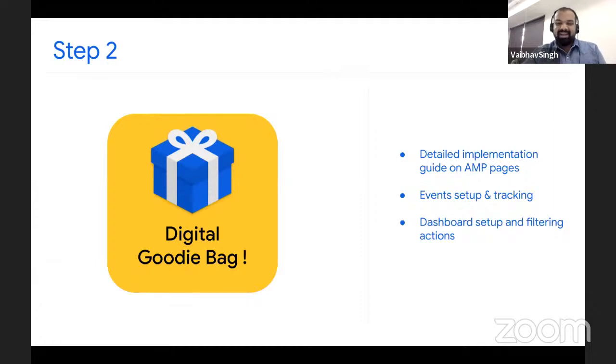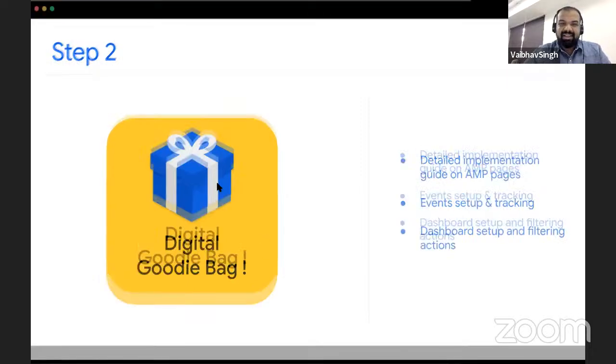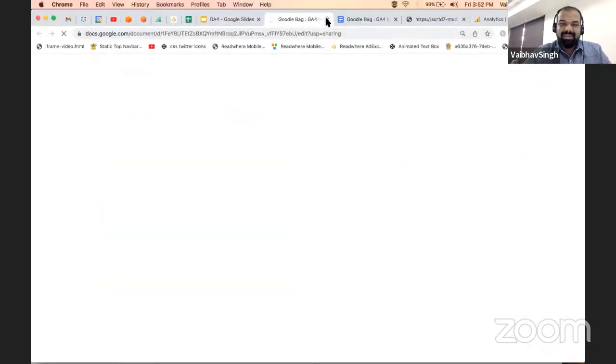And on the dashboard, how you could set up and filter those actions. If you want to see only AMP page views, how would you be able to see? Because you could get organic page views or non-AMP pages also, but if you want to see how much traffic is coming to my AMP pages, how you can filter that in GA4. So let us quickly take you to the deck, which is the goodie bag we have prepared for you.